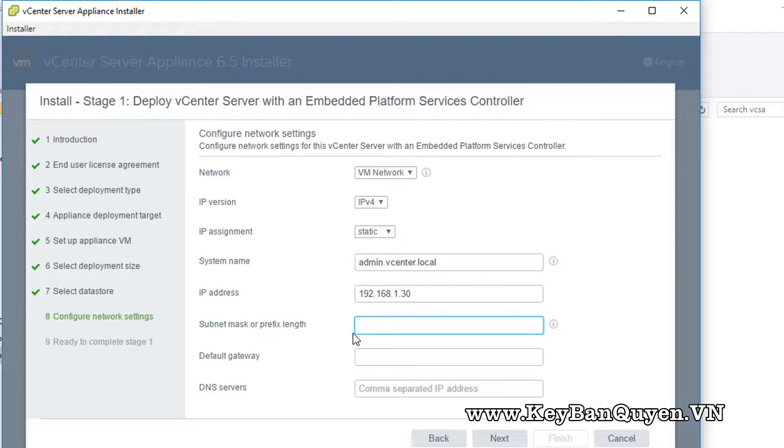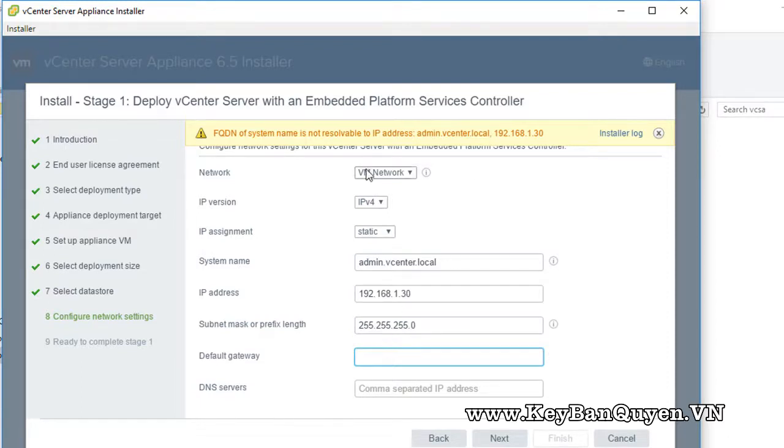The subnet mask, 255.255. So it gives you an error that the address admin.vcenter.server.local is not resolved to this IP. That means we don't have any DNS. That's why we need to leave it empty. Let's just copy it. The default gateway, you give it the default gateway in your environment, and then the DNS